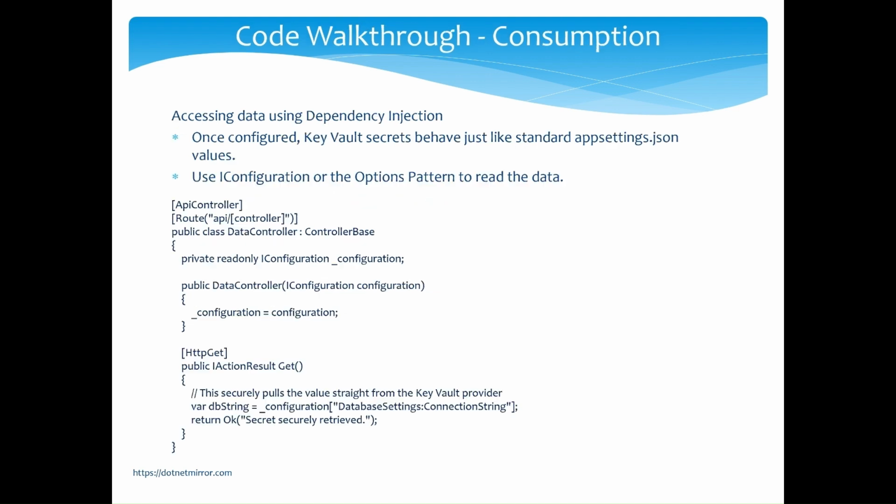pipeline at startup. Now let's see how to consume those settings in our controller using dependency injection. Because we injected the key vault into the standard configuration pipeline, consuming the secrets in your classes is identical to reading from a local JSON file. In our API controller, we simply inject IConfiguration through the constructor. When we request configuration database settings.connection string, the framework securely pulls that value. It abstracts away whether the value comes from user secrets or app settings locally, or Azure Key Vault in